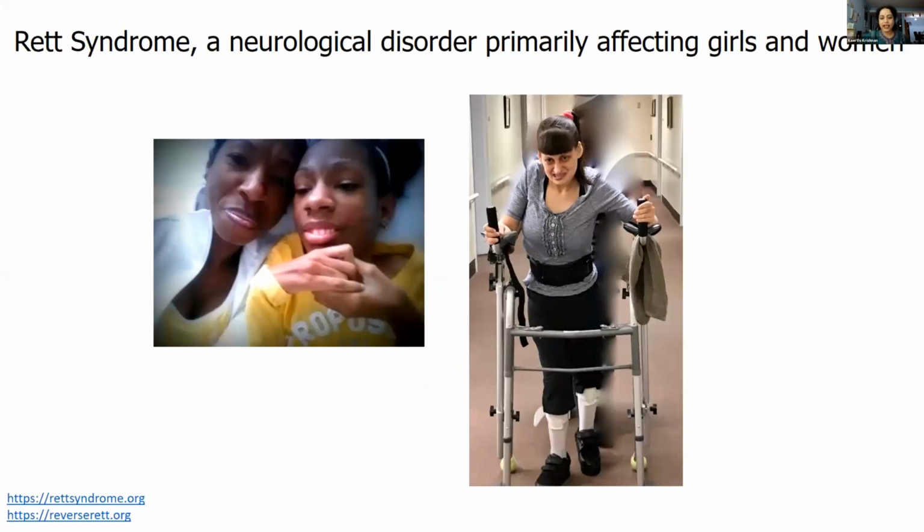Rett syndrome is diagnosed as a neurodevelopmental disorder that affects 1 in 10,000 girls and women worldwide. Many girls with Rett syndrome exhibit typical, normal early development and then regress with atypical speech, gross and fine motor issues. The hallmark of this disorder is this hand-wringing phenotype that you see over here. Many Rett syndrome patients live well into their middle age. It's currently unknown how the syndromic trajectory changes as the girls go through these physiological changes, such as puberty and